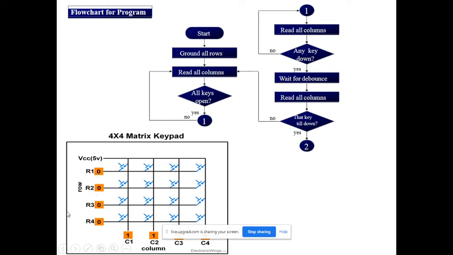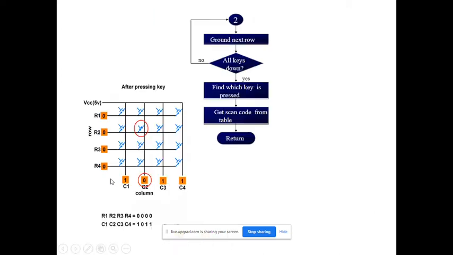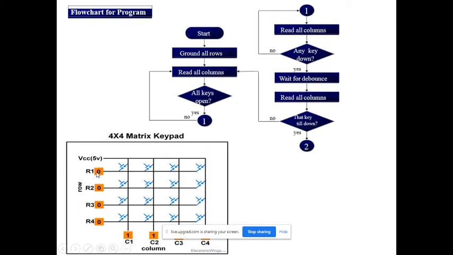Means for example, the controller initially, keypad verification is over, key detection is over. Now we want to find out the key is from which row and which column, and for that we are using the next logic: the controller will make one row 0 at a time and all other rows 1. For example, this row is 0 and all other rows are 1 1. Means the controller will send the number 0 1 1 1. This is the output pin.